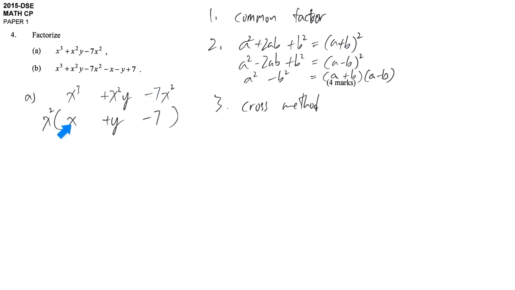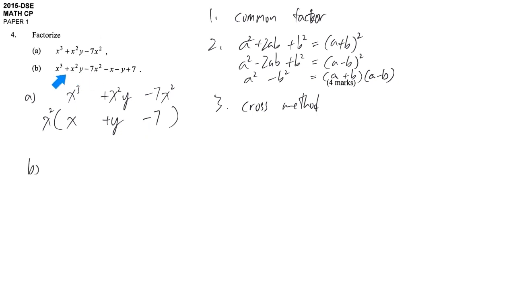And then we check here, what inside the bracket can we further factorize? It is x power 1, y power 1, and no other common factor. So we can't further factorize it, and it's considered as our answer in part A. In part B,